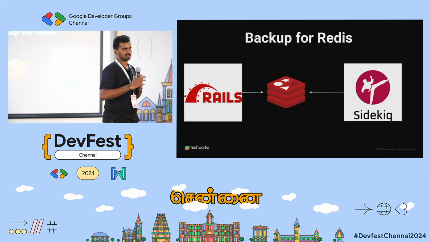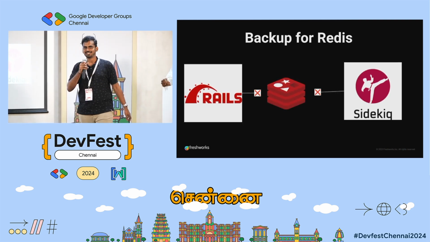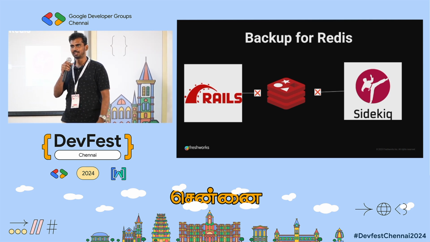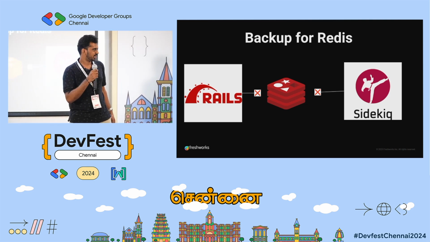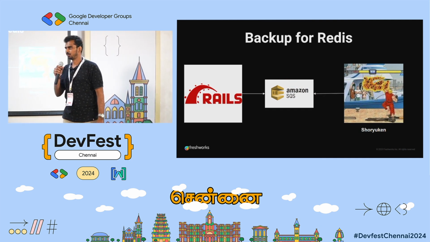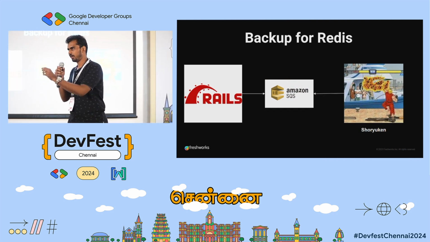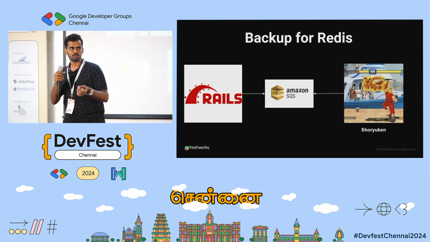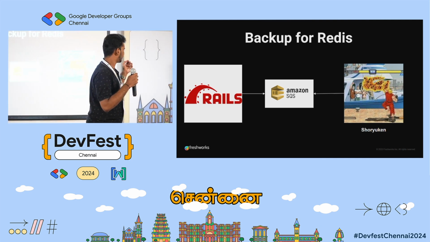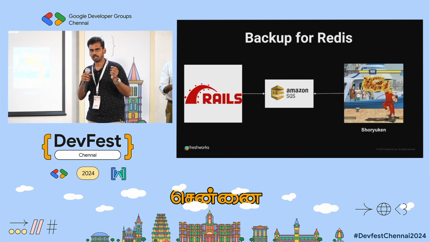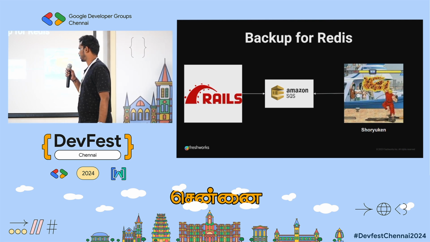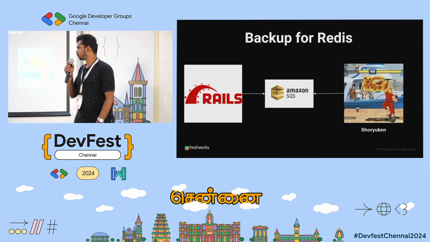Let's consider if Redis is down. Then all the customers will come immediately saying some part of your app is not working. So to avoid this, when Redis is down, the app needs to be aware of that. Redis is already down, so it needs to resume the live traffic also, and we should not have room for any downtimes. So that's something called Shoryuken, this is an SQS framework.